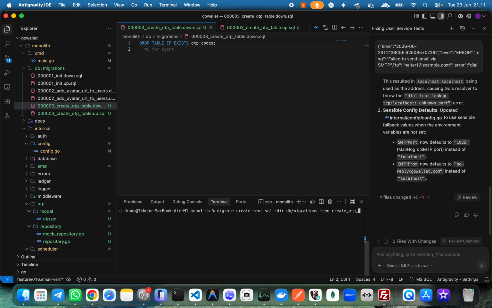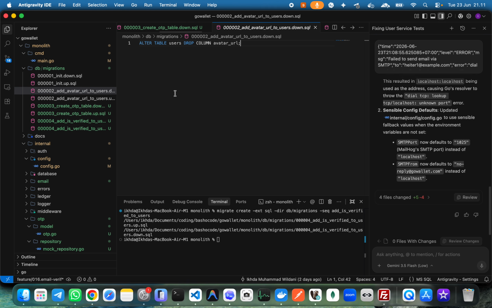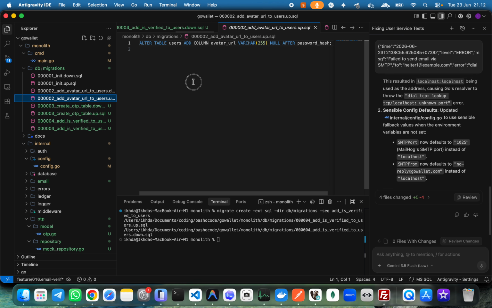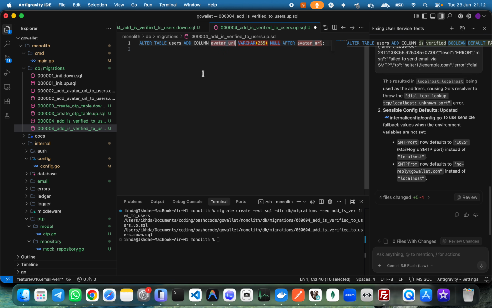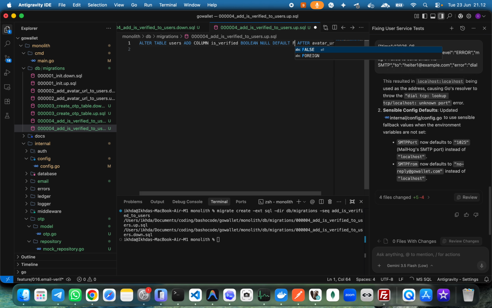This one is alter the app is verified to users, and I just copy here is verified, and then the down one, yeah, and then the up here after avatar URL, but this add column should be is verified boolean null default false. Yeah, I think,